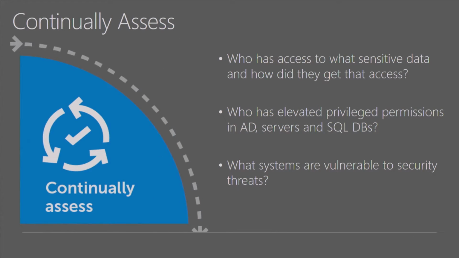So on the assessment phase, you want to establish a security baseline. Who has access to Active Directory permissions? Who has access to sensitive servers that I may have in my environment? Who has the ability to modify privileged groups? Not only domain admin groups and those types of groups, but you may also have VIP types of groups like R&D or payroll or finance and so on and so forth. And what systems do I have that may be vulnerable to security threats? Do I have a security baseline across my GPOs to understand what the NTLM settings are, right? Did somebody weaken that? You need to have this baseline.